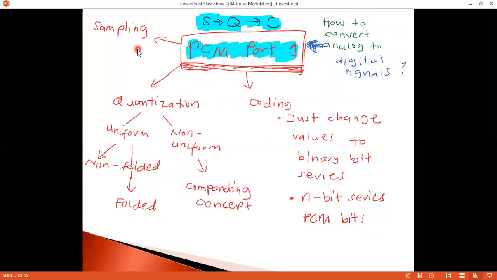Sampling is largely based on what we have covered in our last topic. The important thing is that it has to be at least equal to the Nyquist frequency, which is 2 FM. For quantization, there are two types, uniform and non-uniform. For uniform, we have the non-folded and folded types. For non-uniform, we will go through this quite briefly because it's more complex. The detailed calculation for non-uniform is out of our syllabus,